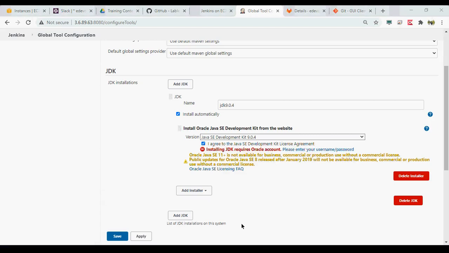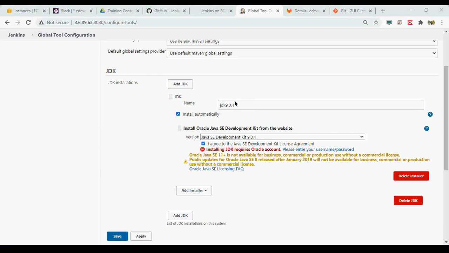If you have an account created in Oracle, you can add it.